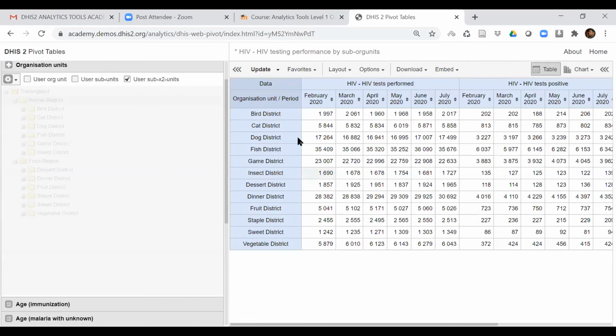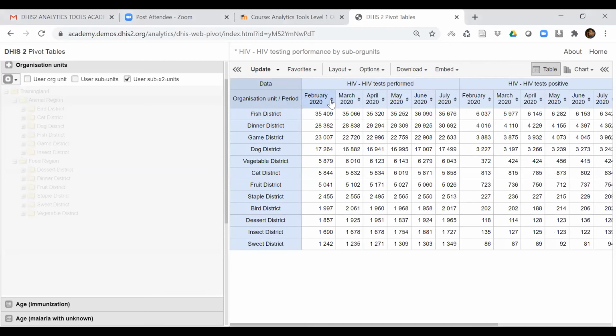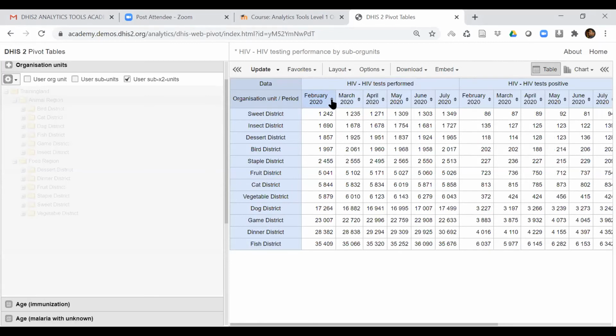If you want to see in which district they have done the largest number of HIV tests during the month of, say, February 2020, just go to this column heading, and near the column heading you get this small arrow. Click on the arrow. Then the entire table is getting sorted. One click descending order, the second click ascending order.